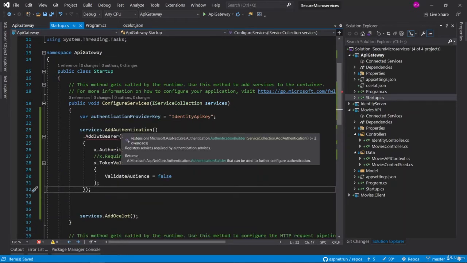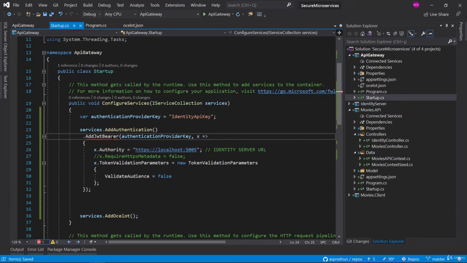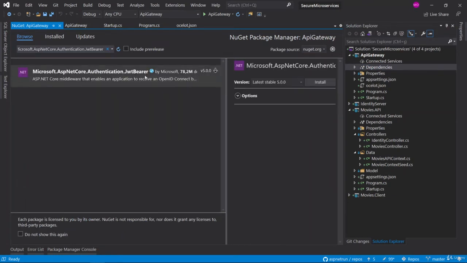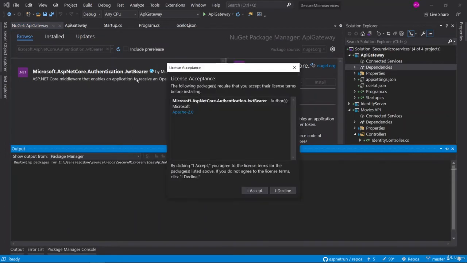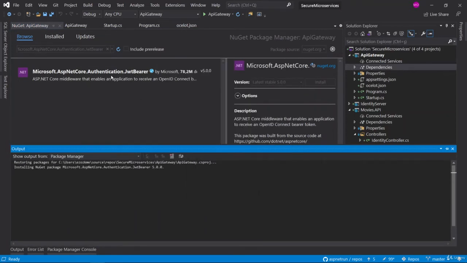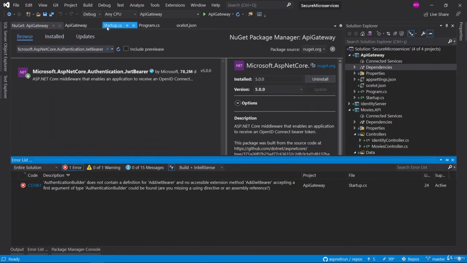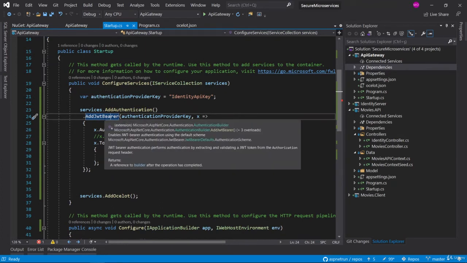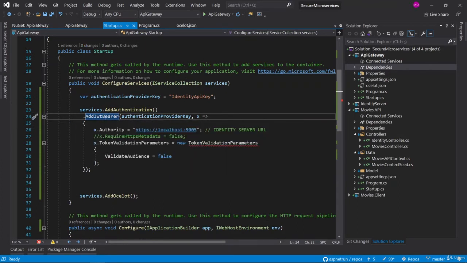So as you can see, we are adding an authentication layer and we are adding a JWT Bearer authentication, and of course we should install and download the NuGet package for the JWT Bearer operations. Let me right click dependencies and manage NuGet packages, browse and install the JWT Bearer authentication package. For Bearer authentication security, we have to download this package in our project, and after that, if you go to the startup, you see that this package comes from the JWT package, this NuGet package.